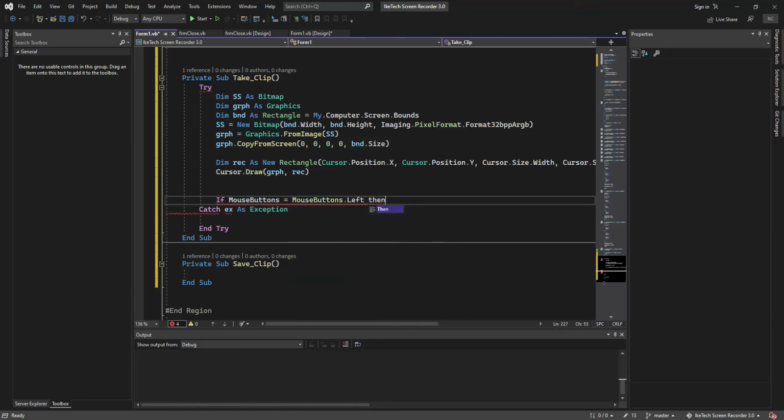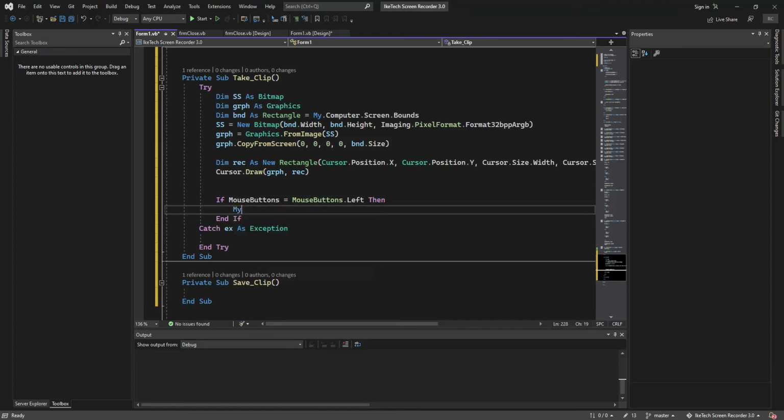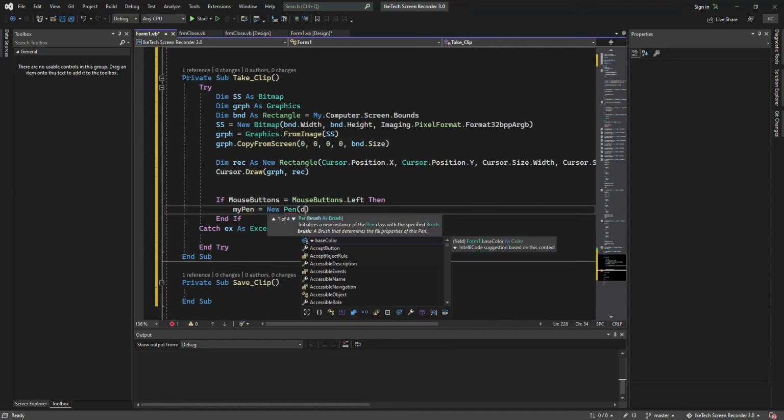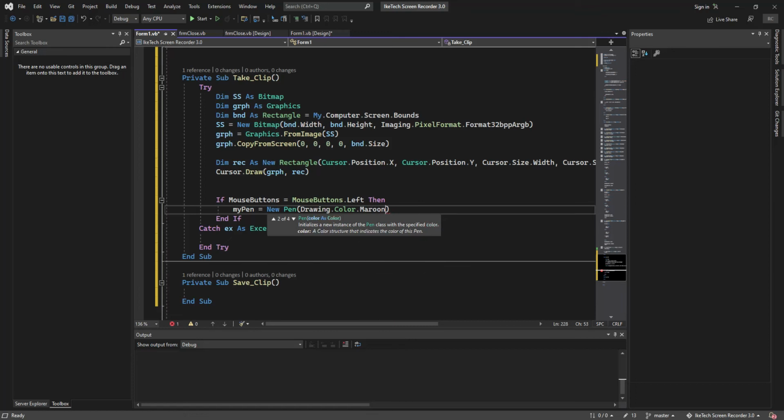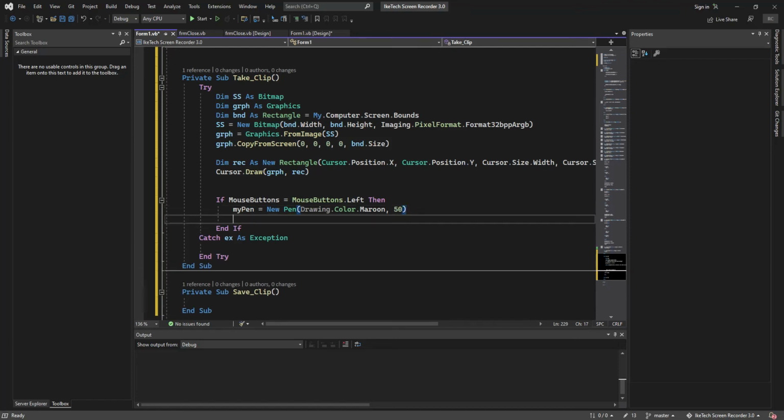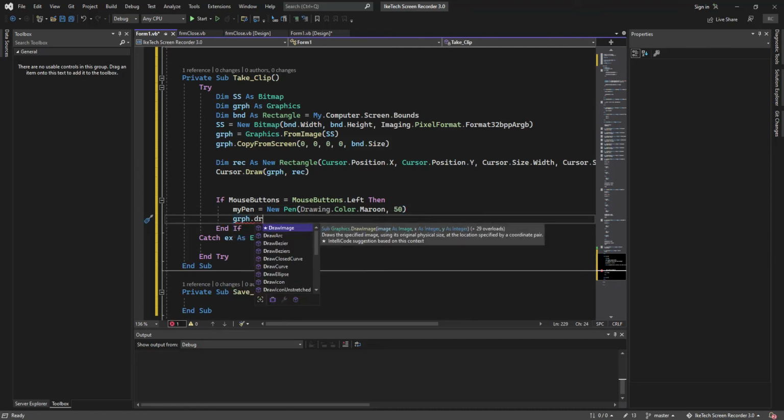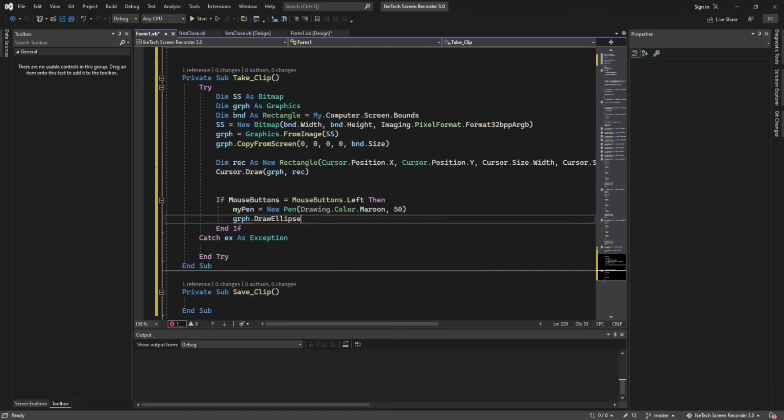That means if the person clicks on the left button, then my pen I declared should be equal to new pen, and the pen is going to be from the drawing dot color dot maroon. That is going to be the color of the left click event that is normally called the click. And we're just going to say the graph dot draw ellipse. So it's just going to draw a circle around this, and the ellipse is going to be from my pen, and